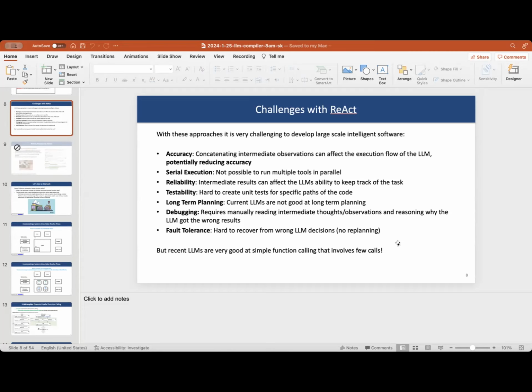This could be a possibility for making the model more constrained in the behaviors that it can do, and that can be good for safety. It could be good for fault tolerance because you can constrain it, and it could be good for better reasoning about the flow of the execution. But we are going to look at Airflow and see if that could be something we could integrate into LLMCompiler. The current version of LLMCompiler, just to clarify, doesn't have this right now, but this is something that could be added.